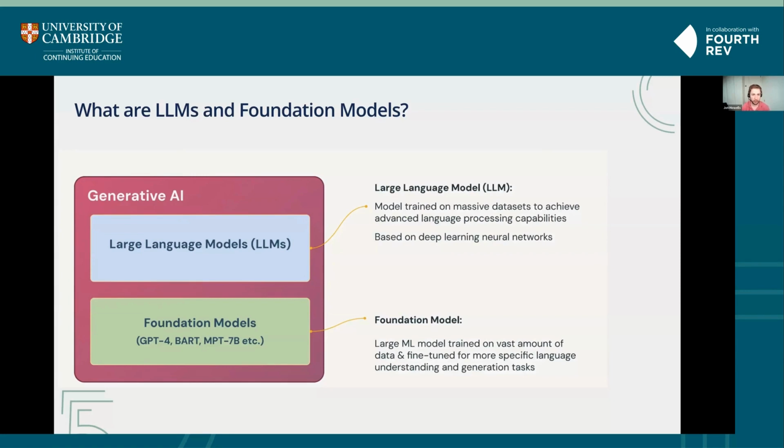So what do we mean by large language models and foundation models? Large language models are generally based on deep learning neural networks trained on massive data sets to answer natural language questions. Within those, there's a category of what we call foundation models, and these are more like general models that can be fine-tuned or used for different things. So things like GPT-4 or Gemini or, more in the past, things like BERT and BART are generalized models to solve a range of tasks. So that's what we mean by foundation model.